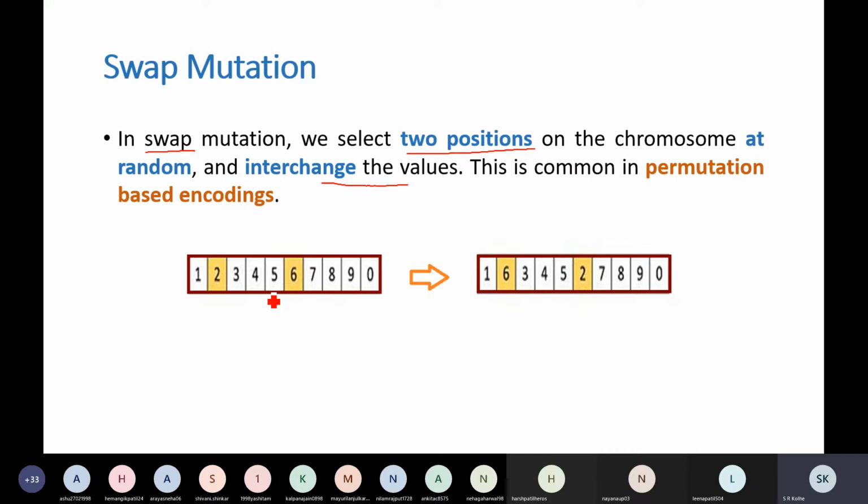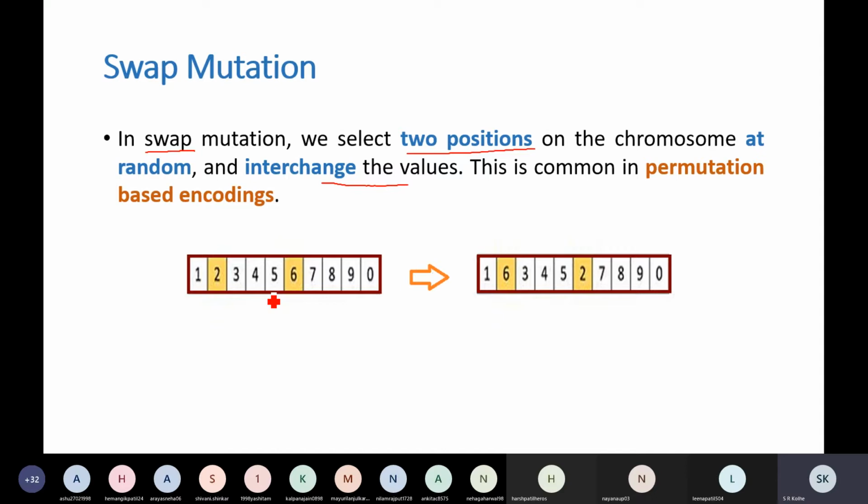Numbers are repeating, correct. You are going to randomly select from permissible values, so there might be a case that the randomly selected value will be the same as that of other genes in the chromosome. So that will not work. If permutation based encoding is used, then random resetting cannot be used. Therefore, this swap mutation can be used.